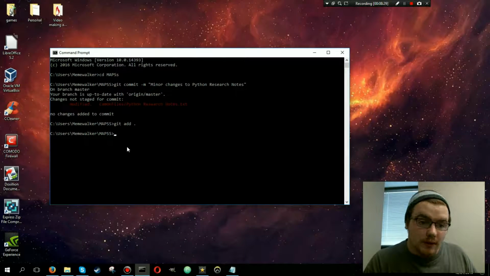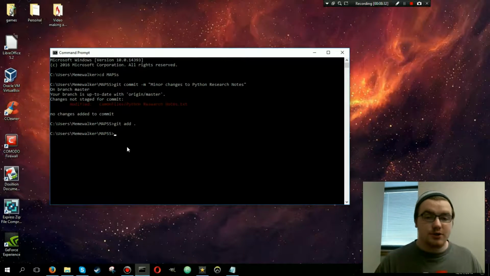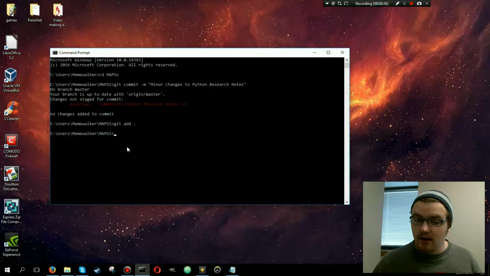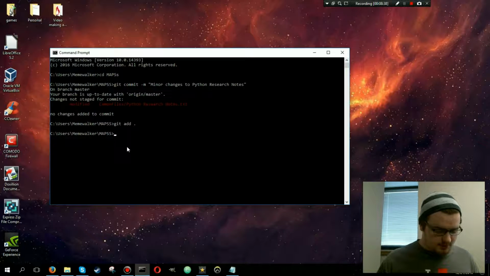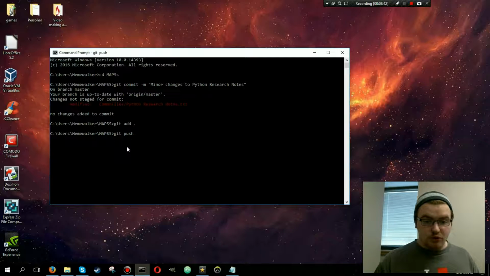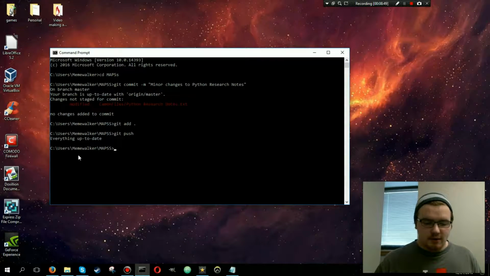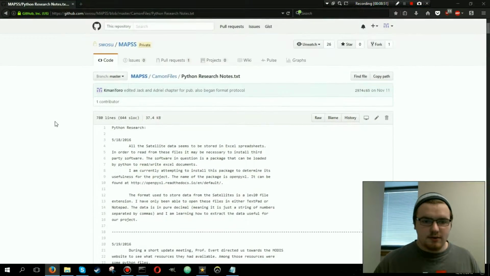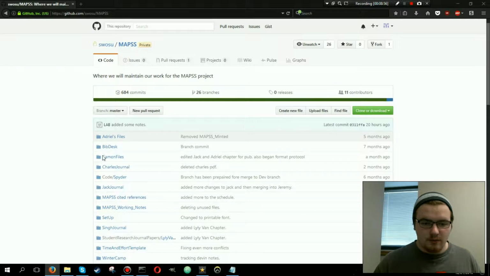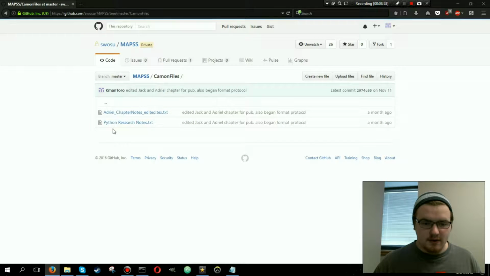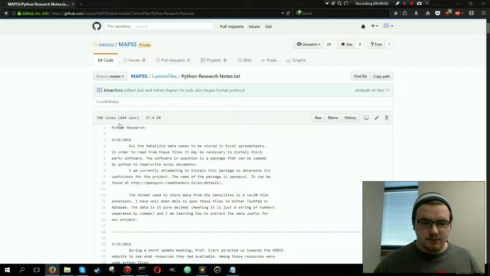Now, if you want to make changes to the GitHub, which is where it's online, it's on github.com, you have to use this last command, and it's pretty important. You press git push. And it says everything is now up to date. So if we come back to GitHub, you go to Maps, Camon's files, Python research notes, it should,